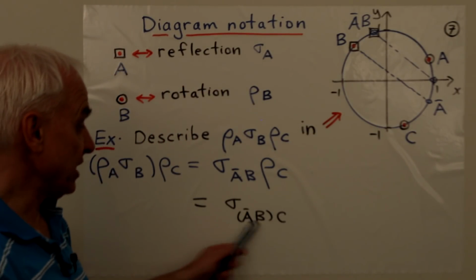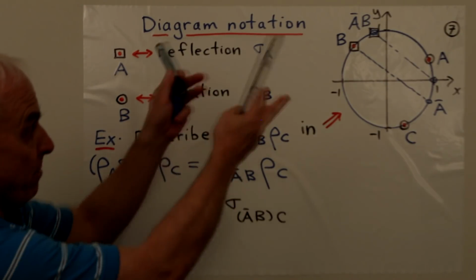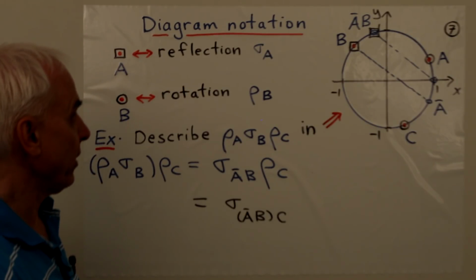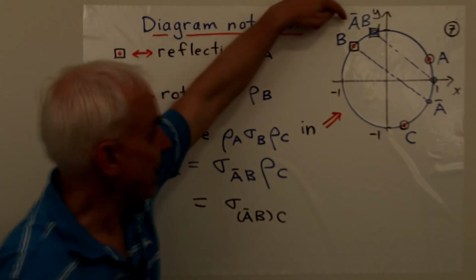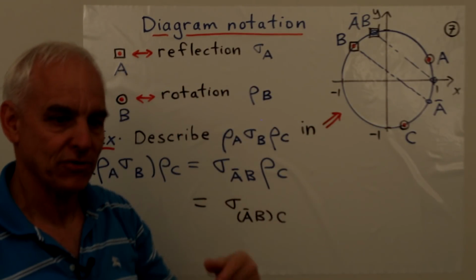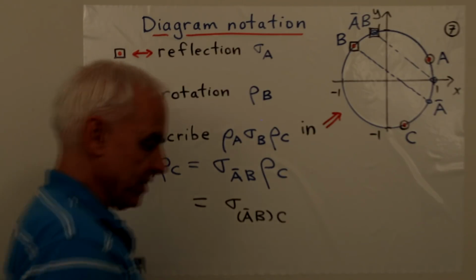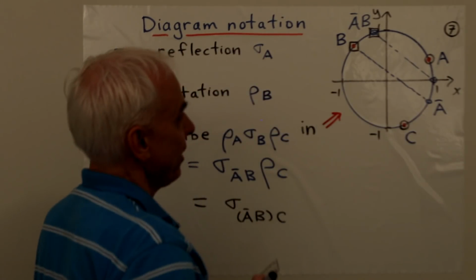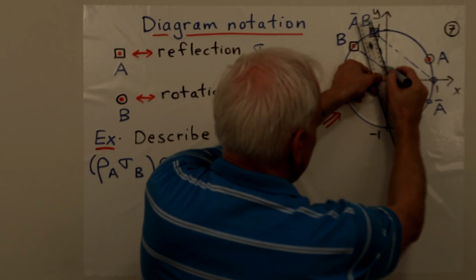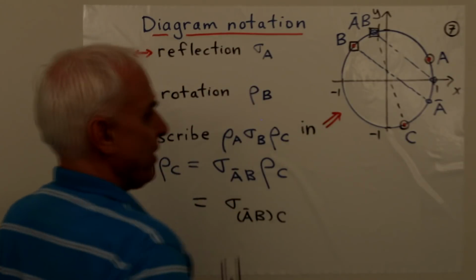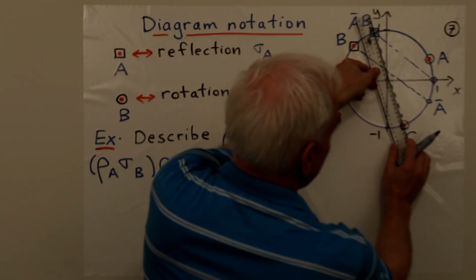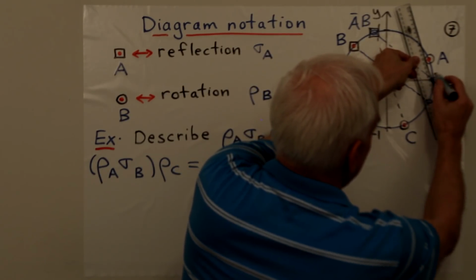Okay, so it's a reflection in this point, but we have to find where this point is on our picture to be able to see what actually happens. So where is that point going to be? Well, we've just found A bar B, it's right there, and there's C. So we're going to find the product of those two. Let's do that by joining those two points with a little line. Okay, and then we're going to draw another line through the identity parallel to this. So we'll have to move parallel, perhaps like this. Okay, there's the line.